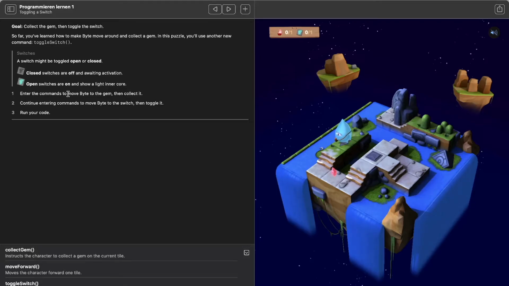First, enter the commands to move Byte to the gem, then collect it. Second, continue entering commands to move Byte to the switch, then toggle it. Third, run your code. First, we have to collect the gem, and then after it, we have to toggle the switch. So what do we do? We move forward, turn left, move forward, collect the gem, move forward, turn left, move